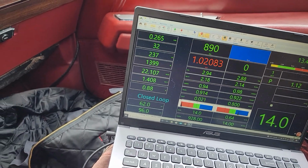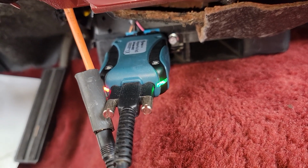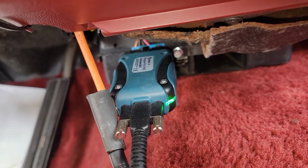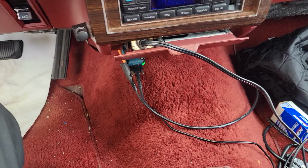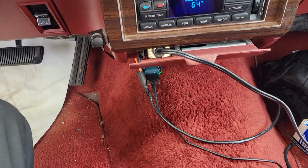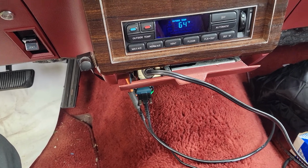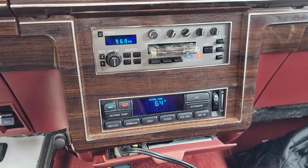So yeah, it's all running off of the OBD2. Put the port down here. It's the easiest place where it would be mounted, and wouldn't be in the way of anything. The orange wire there is for the aux input mod that Gadget 73 did for this radio,